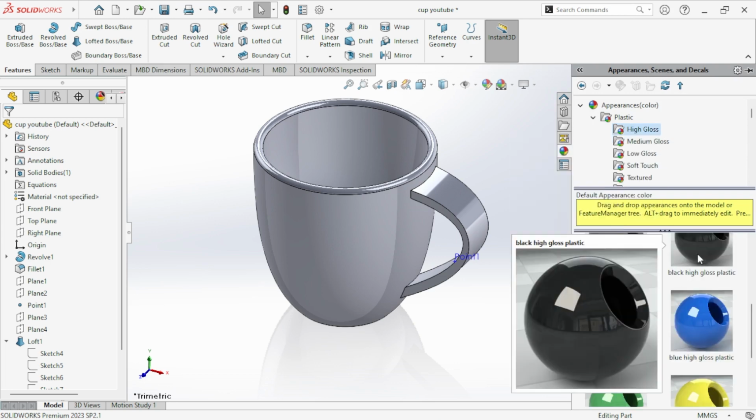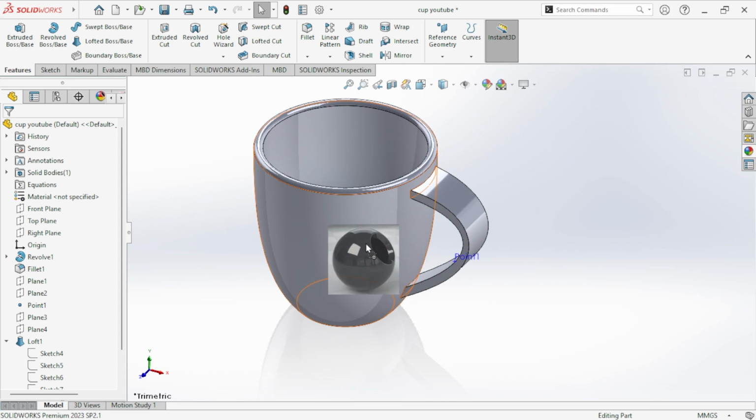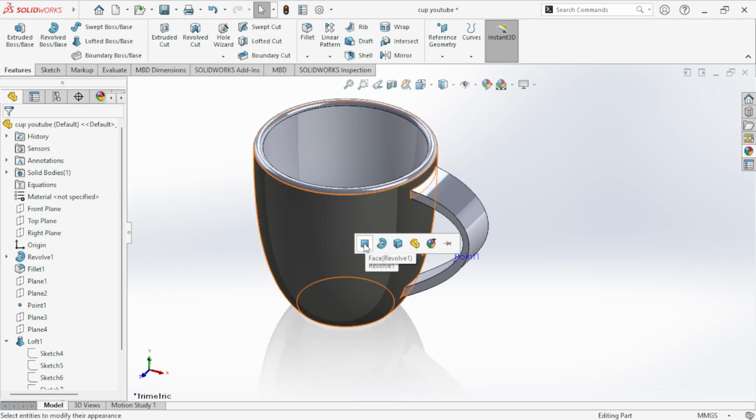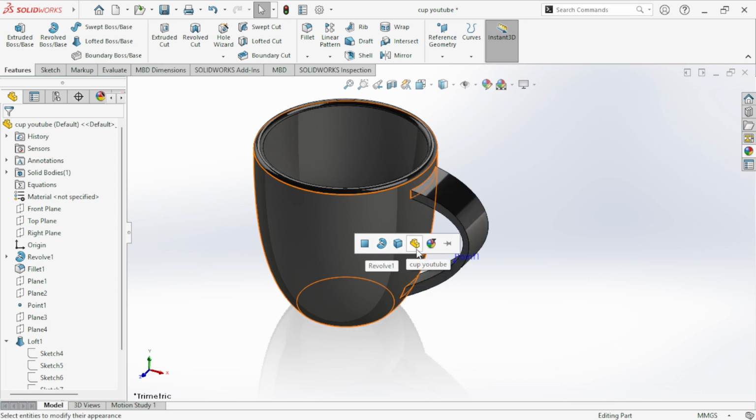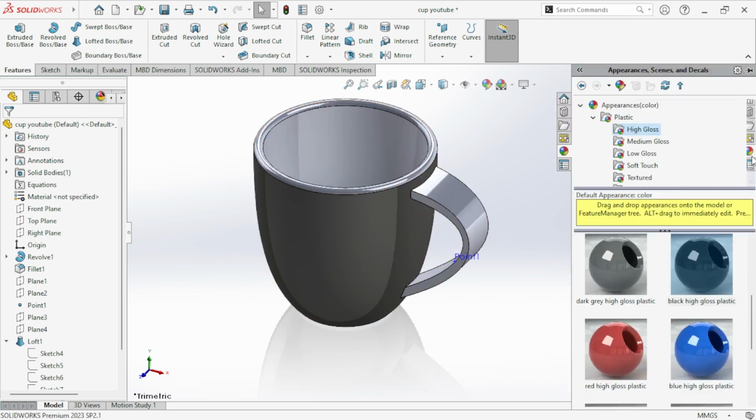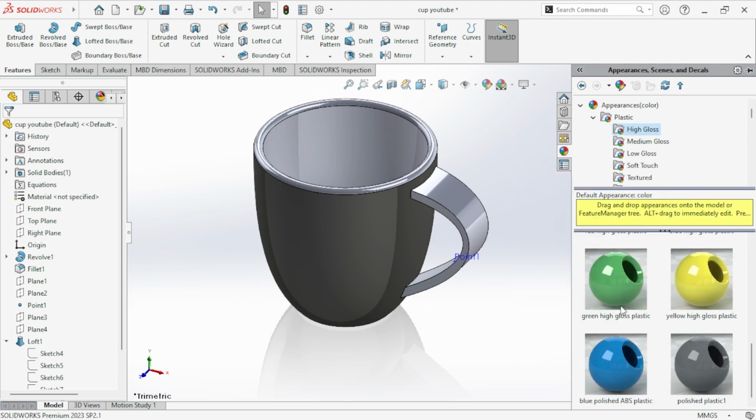So I'm going to choose first the black high gloss plastic, and I'm going to drag it, and I'm going to choose this face. You can choose revolve number 1, which will choose the revolve that we have done, and we can choose the body or the whole part. So I'm going to choose this face, the outer face of this cup,